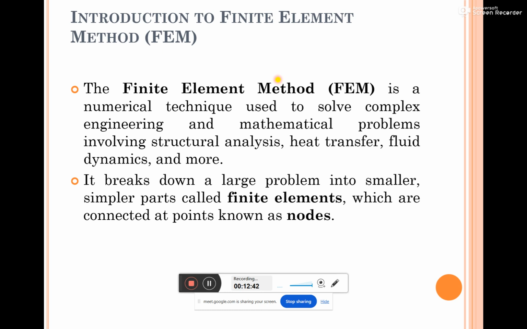Or otherwise I can use some different equations, for example stress equals load by area. These types of mathematical equations we can use, and such a method we call an analytical method. But FEM is a method that comes under the numerical method, or numerical technique,